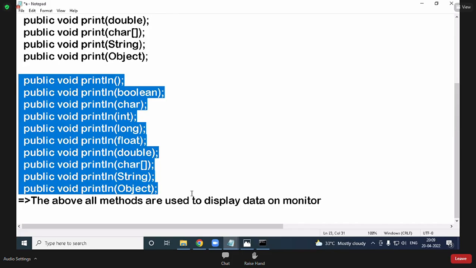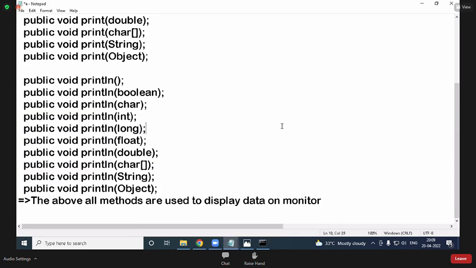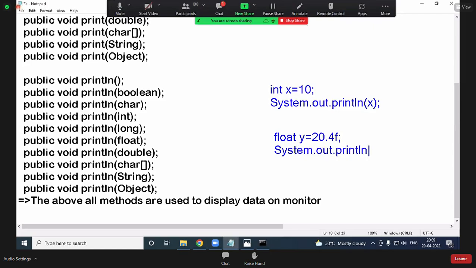Now see what we are doing. System.out.println: suppose int x equal to 10, you write System.out.println(x). If it is float, suppose float y equal to 20.4f, System.out.println(y).